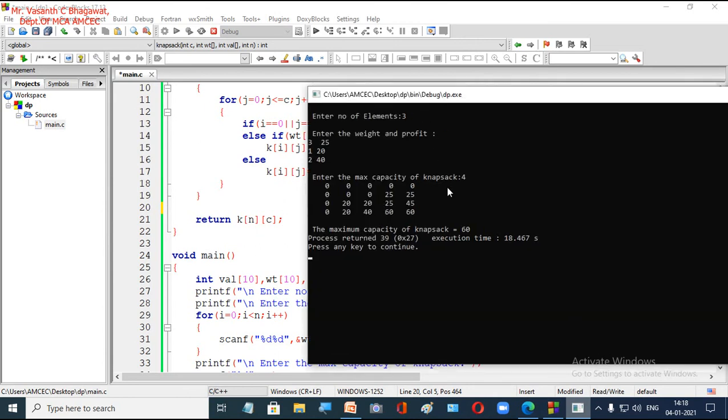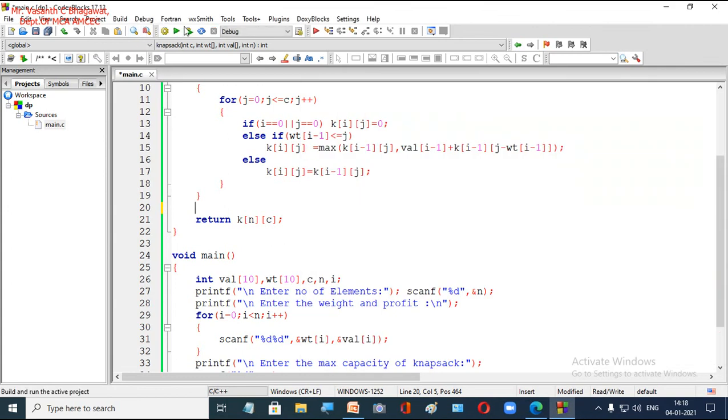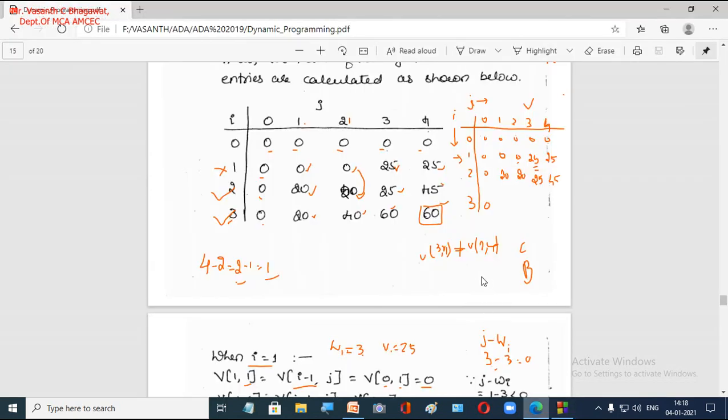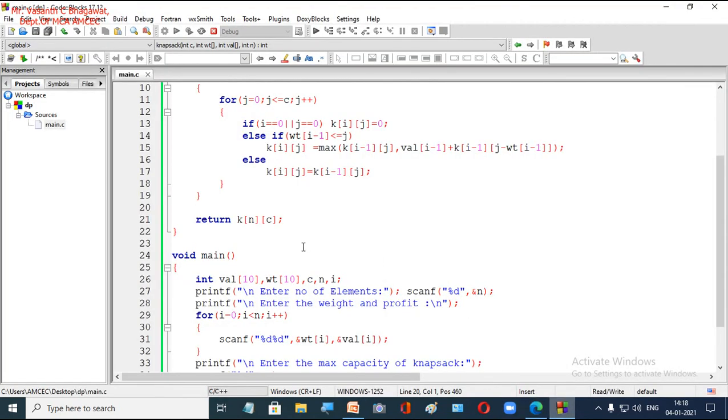Now let us see that. So we will execute now. Now we have deleted those lines of code which display the matrix, how we have done it manually and how it has been stored. So now we will see what happens when we execute this program after deleting these lines.